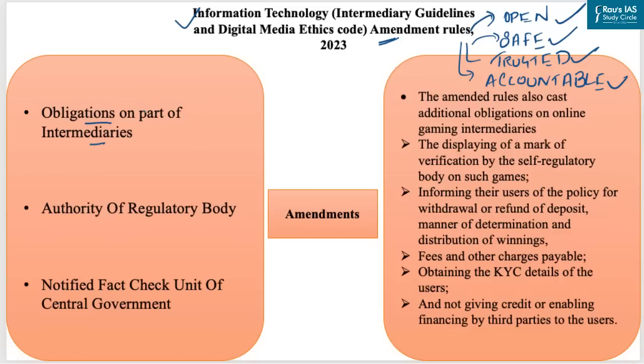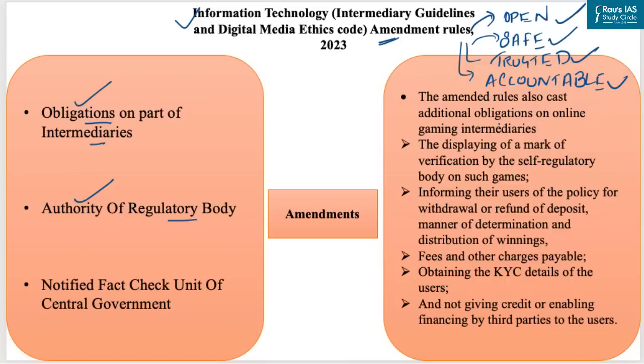It has been made obligatory on the part of intermediaries to make reasonable efforts to not host, publish or share any online game that can cause the user harm, or content that has not been verified as a permissible online game by an online gaming self-regulatory body or bodies designated by the central government. Second is the authority of the regulatory body. The self-regulatory body will have the authority to inquire and satisfy itself that the online game does not involve